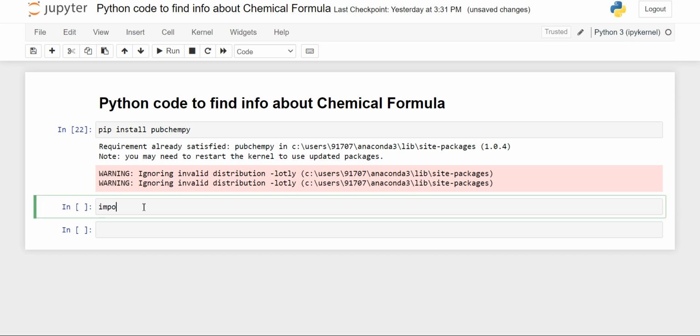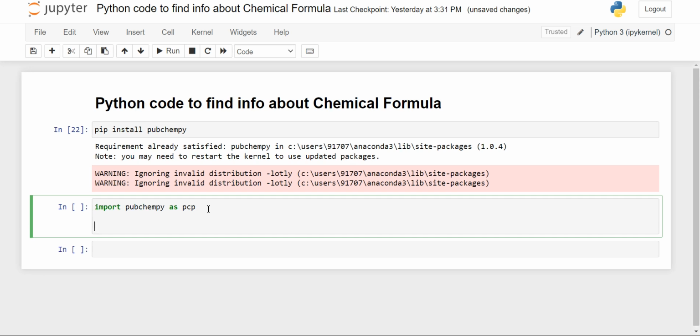Now after that, you have to import this library. For importing, you will use the import keyword, and then you will write pubchem_py, and I'm giving it an alias name, meaning a reference name, that is PCP. So whenever I'm going to call a function present in this library, I will use this PCP instead of that. Okay. Now going forward, for taking the input,